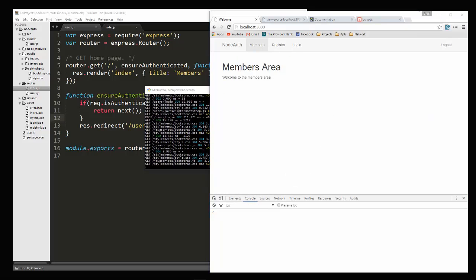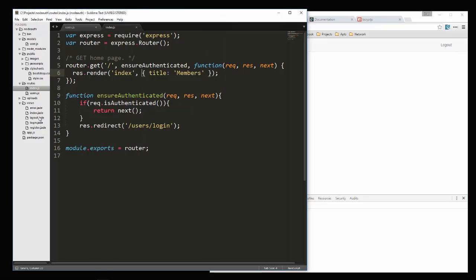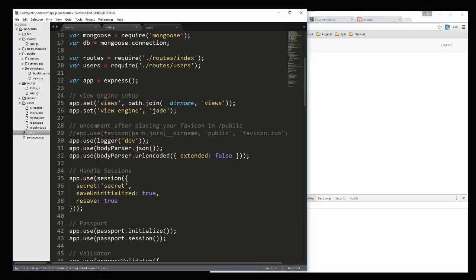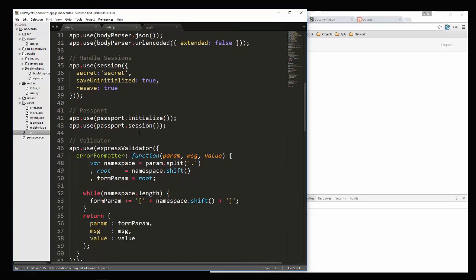So the next thing I want to do is, if we're logged in, I don't want to show the register and login. Same thing if we're logged out, I don't want to see log out. That doesn't make any sense. Alright, so let's go to our layout.jade. We need a global variable that is going to let us know if we're logged in or not. So we're going to put it in here, but first we're going to create it in app.js. Alright, so what we're going to do is go right below